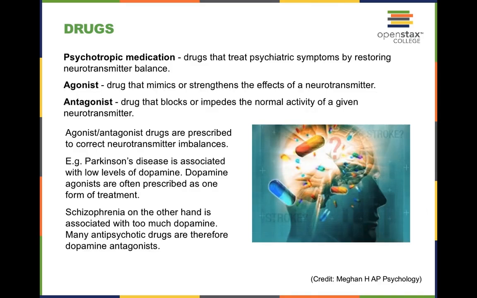Now, particular psychotropic medications, to give a definition, as I've already mentioned, help treat these mental difficulties by restoring neurotransmitter balance. Now, there are two overall categories of drugs in general. These are agonists as well as antagonists. This is something that's going to be important to know for a test. So, drugs that are considered agonists promote, mimic, or strengthen neurotransmitter activity, such as SSRIs, as well as a